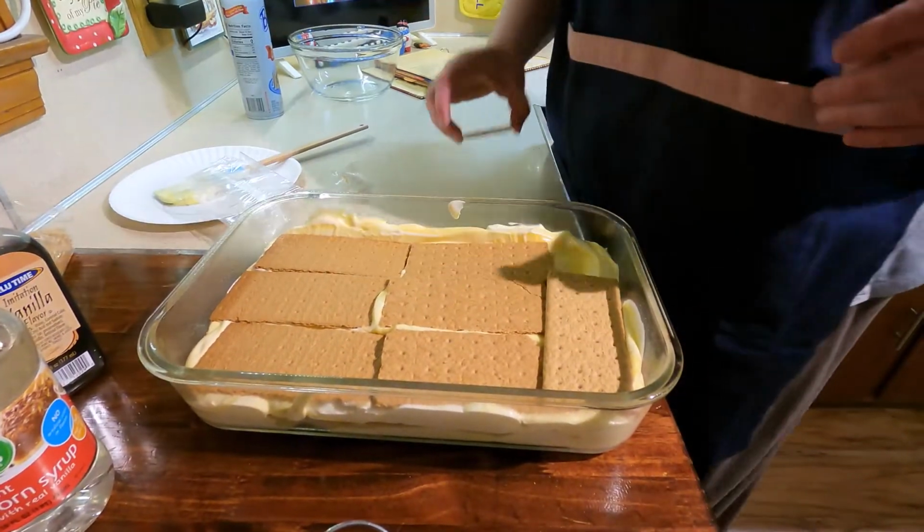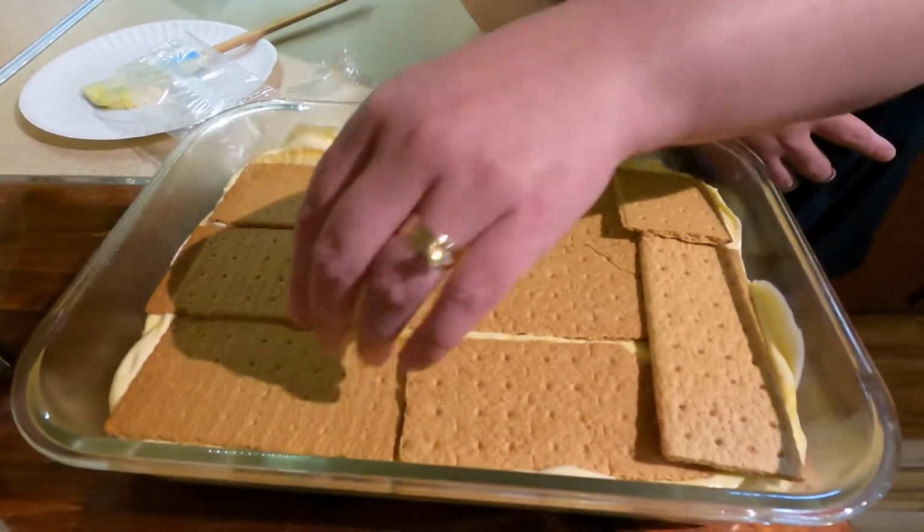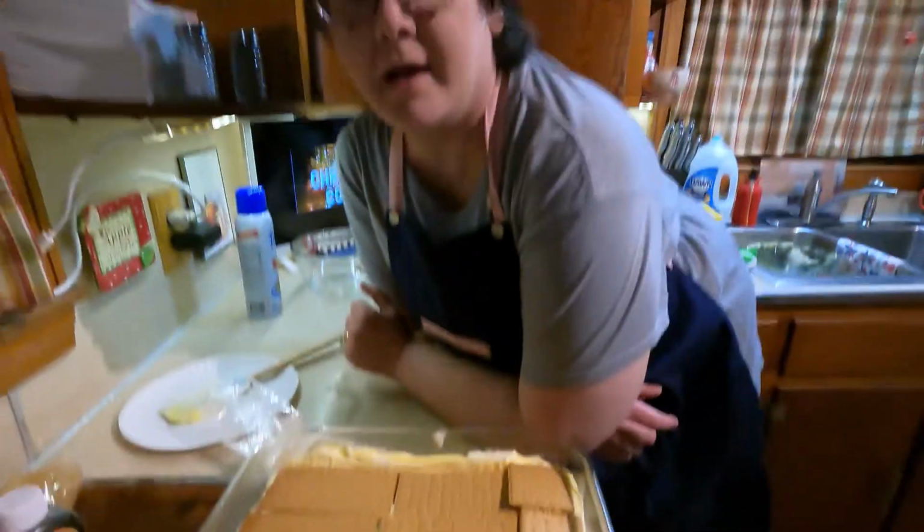Okay, so look at this. This is your simple, easy base. So you have two options for a topping. Now, when I'm taking this to work, I'll be honest, they're going to get a can of icing that is